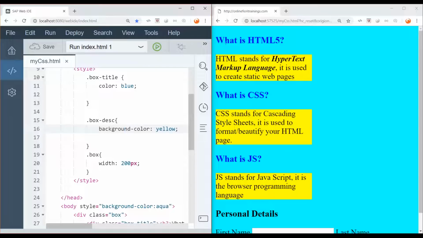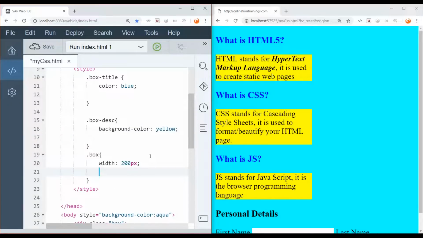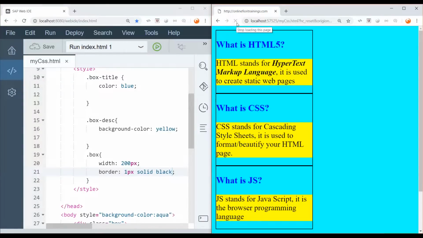Now, you can see, guys, there's another amazing thing. I want to get a border around the main box. Please get me a border for the main box. I can say border property, and I can say 1 pixel solid black border. Save this. Let's refresh. And you can see, wow, there is a 1 pixel solid black color border around each